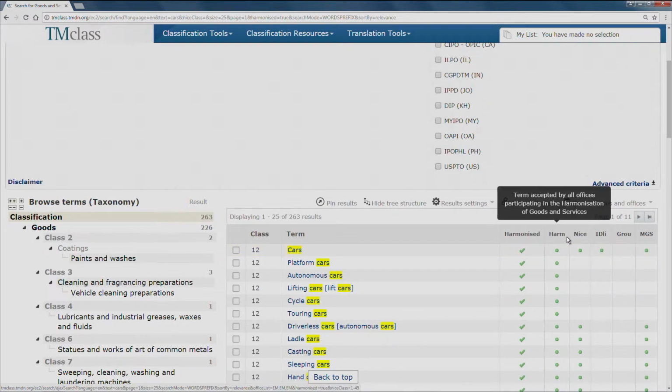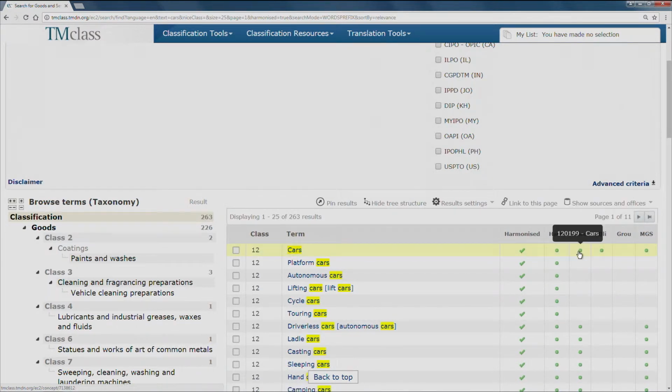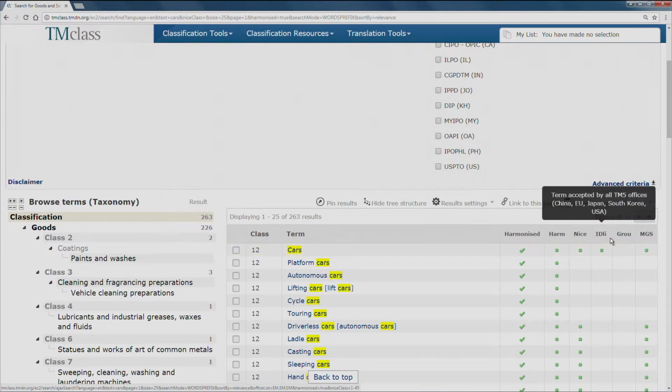We see that cars is also a Nice term, and that this term is also included in the MGS database, which is the WIPO database for international trademark applications, the Madrid system. It is also included in the ID list. The ID list, or ID-LE, is a pre-approved list of goods and services. It is constantly being developed and is used by the TM5 group partners from Japan, South Korea, China, USA and